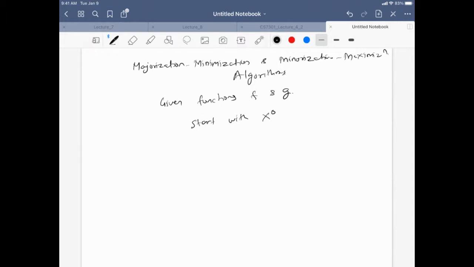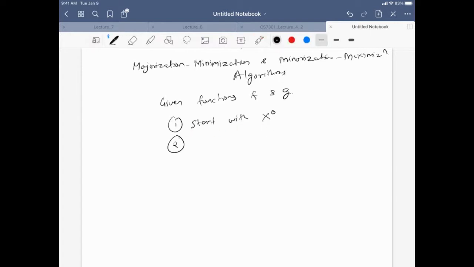So you start with some set x0, okay, and then you compute... Is it variational inference? Yeah, exactly. It's something like variational inference. Variational inference does it slightly differently, but the basic intuition is the same. So for example, EM is something like this. It's kind of an instance of this majorization minimization framework. Yeah. All right.